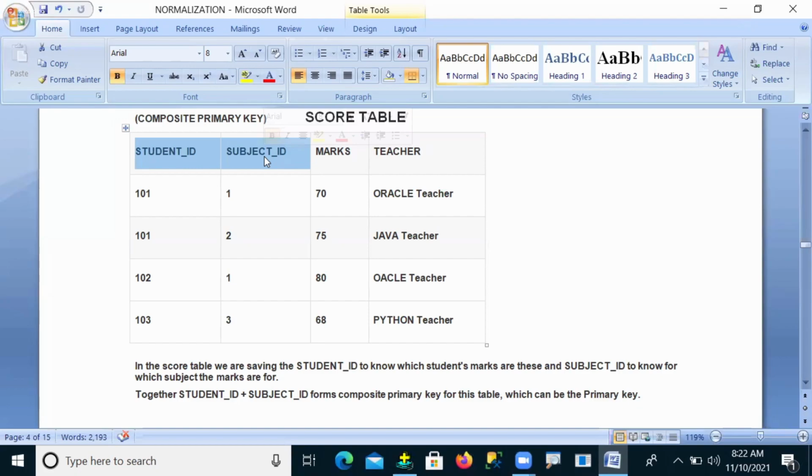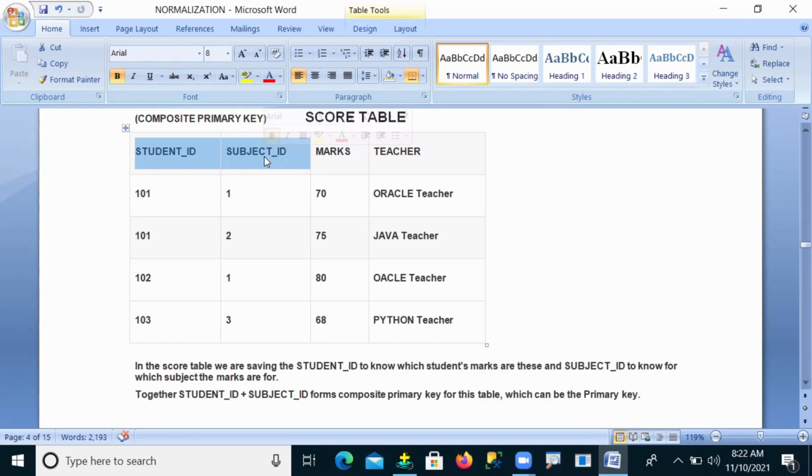Yes, it depends on both. Because to get the marks, we need the combination of student and subject. So the marks column depends on both columns.